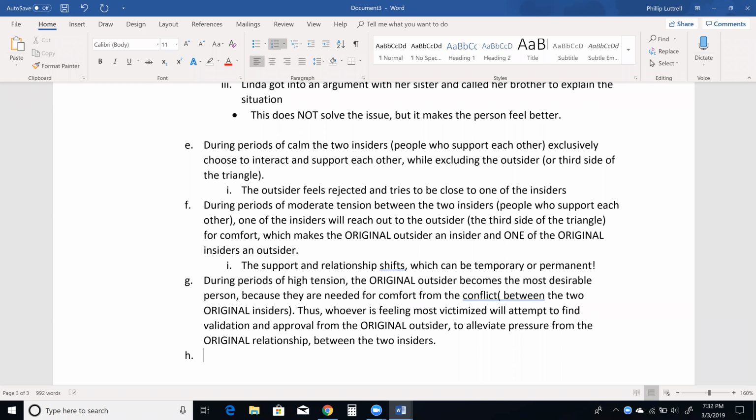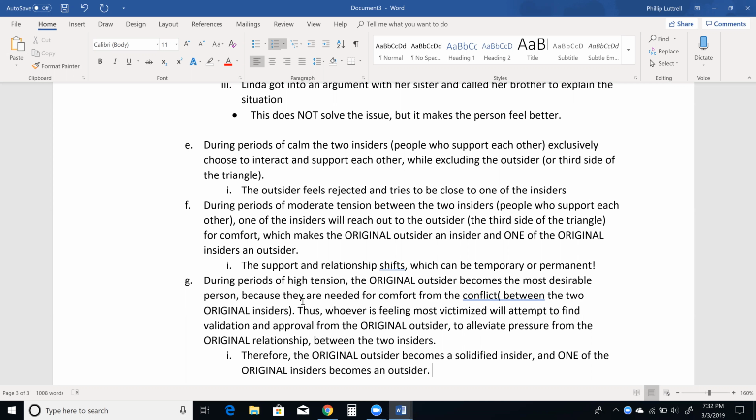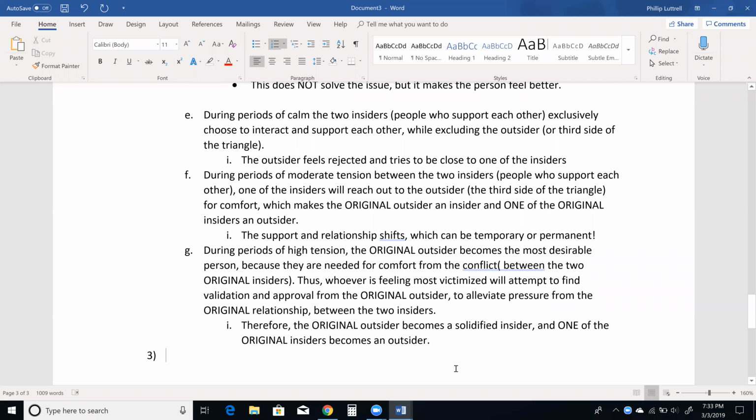Therefore, the original outsider is a solidified insider, and one of the original insiders becomes an outsider. So that is triangulation. So the third one is